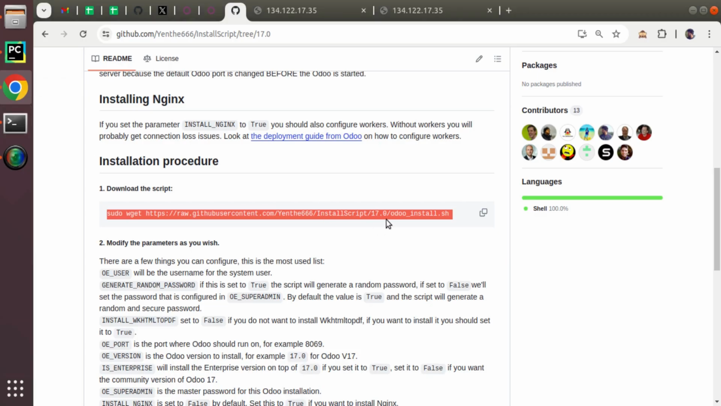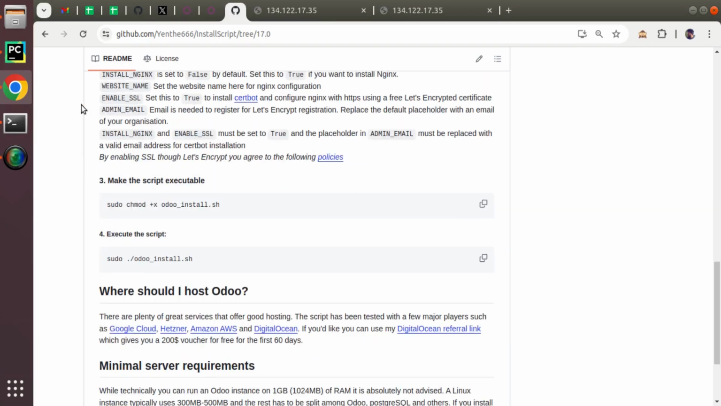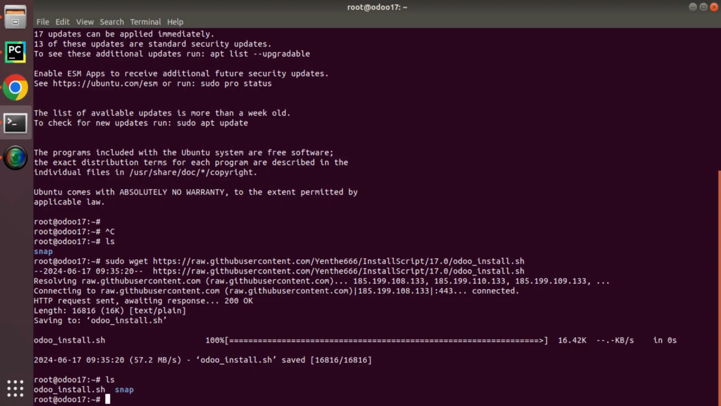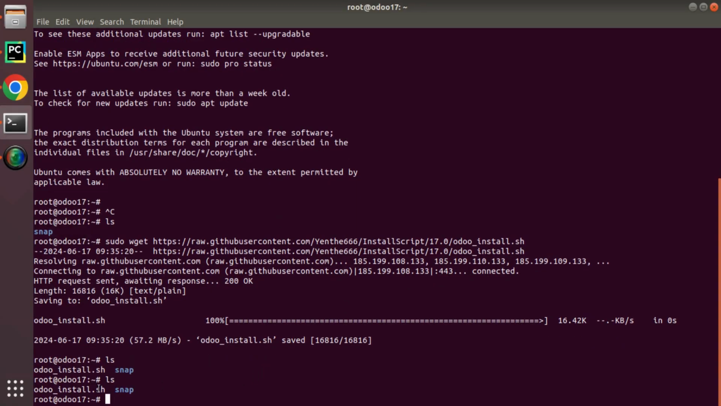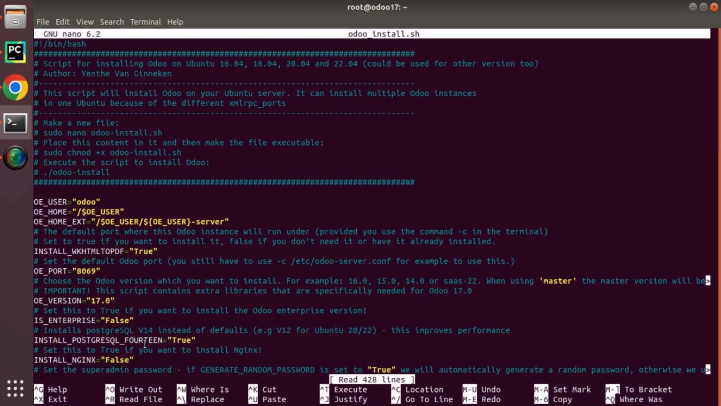Right now what I have copied is for 17. Here you can adjust for your version like 16, 15, etc. Now let me open the file. If I hit ls, I can see the downloaded shell script. Now if I enter sudo nano odoo-install.sh, that is if I open the downloaded file, you can see different parameters